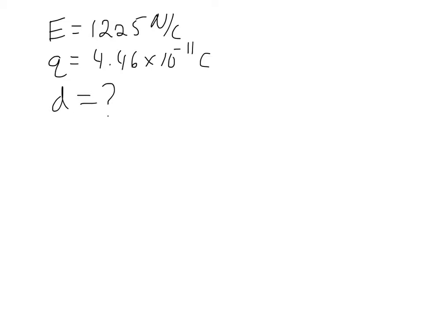So the equation we're going to use for this one is E equals, so the electric field equals kQ, this is not Q1, just Q, over the distance squared. So we plug our numbers into that, we get 1,225 newtons per coulomb